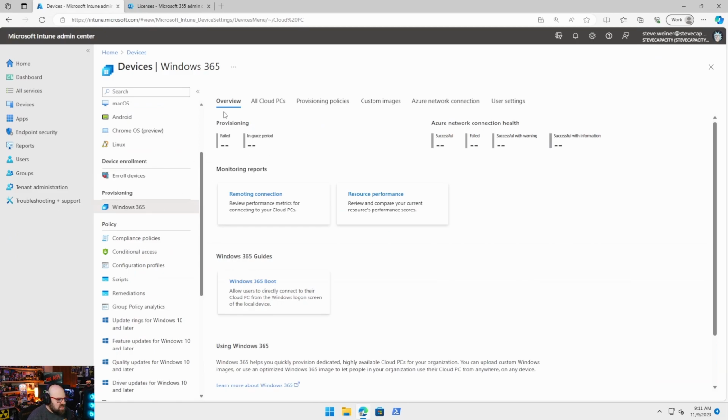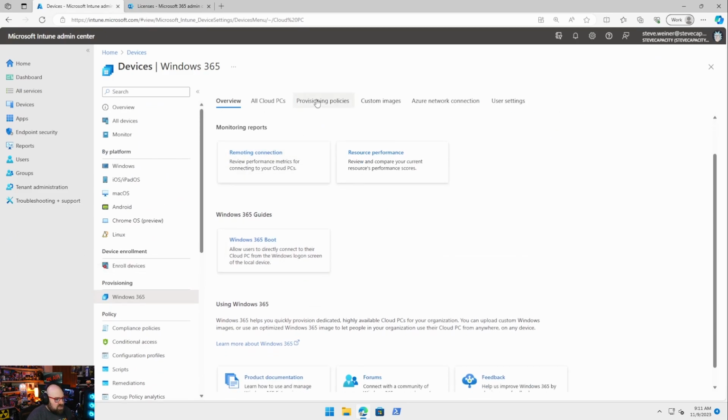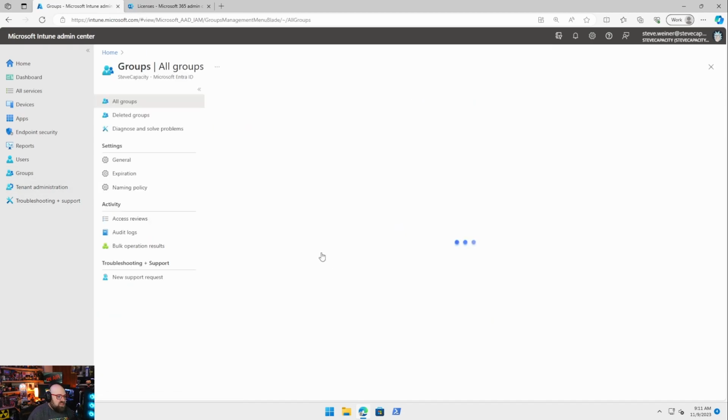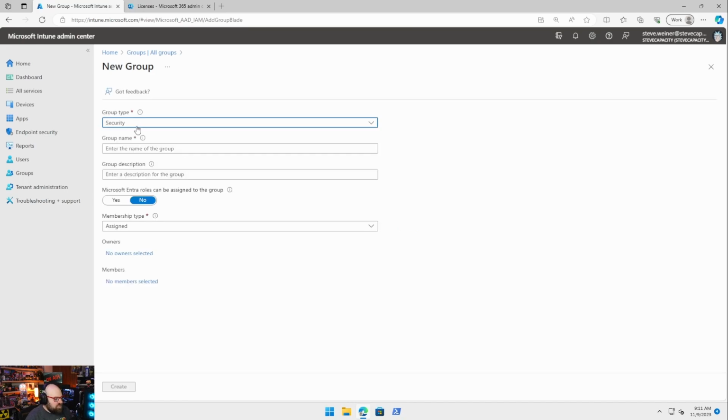I'm going to go back to Intune and let's start setting this up, right? So what do we have to do? We have to create a provisioning policy first. Actually, scratch that. First thing we're going to do is create a group of users who will get that license, right? And the reason you want to do this as a group is so you can shuffle folks in and out of it. So I'm going to make a new group, and we're going to be real on the nose here. Windows 365 Cloud PC users